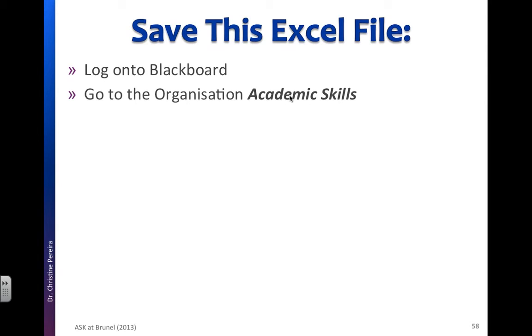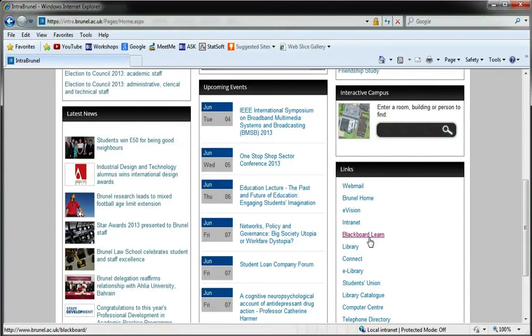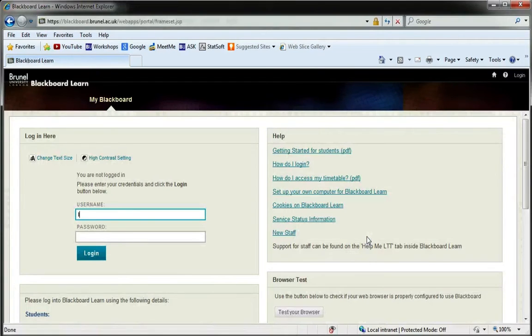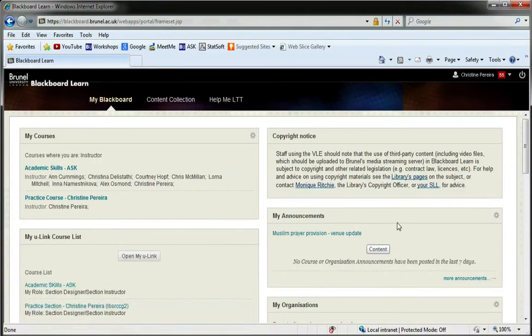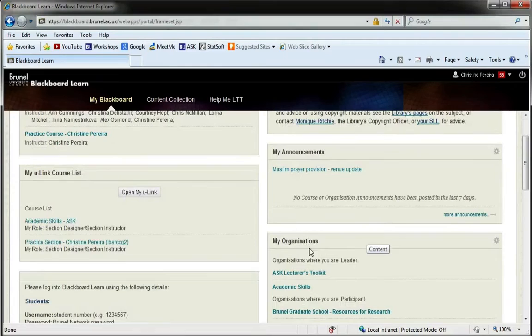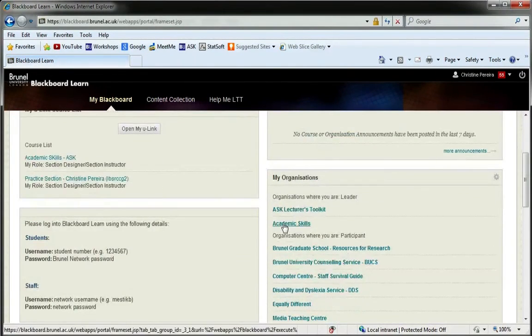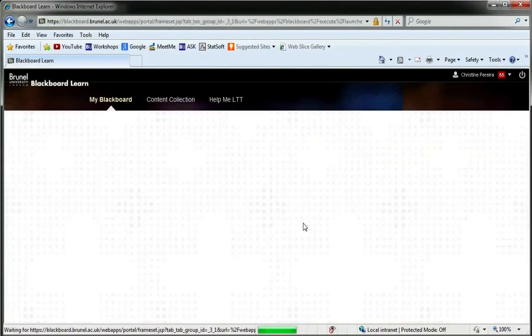It's in the Academic Skills section of Blackboard, which should be under My Organizations. If you go to the Brunel Intranets page, down here on the side you're going to see an option for Blackboard Learn. Log in. And then if you scroll down here to near the middle or the bottom, you have something called My Organizations and Academic Skills. So if you click on Academic Skills,